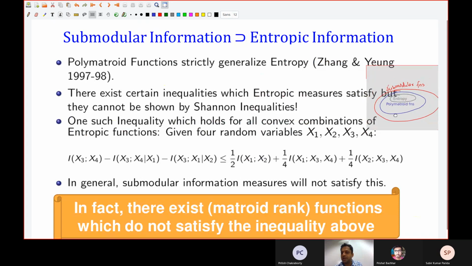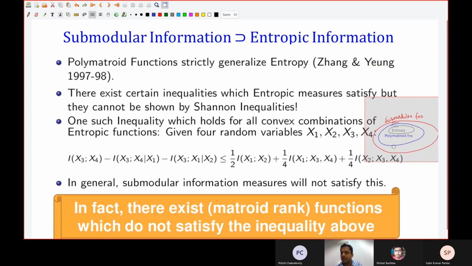Among the submodular functions, you have entropy, and you have polymatroid functions, which are a subset of submodular functions but a superset of entropy functions. And there is a reason. Some of these I'm a little fast on. So it turns out that